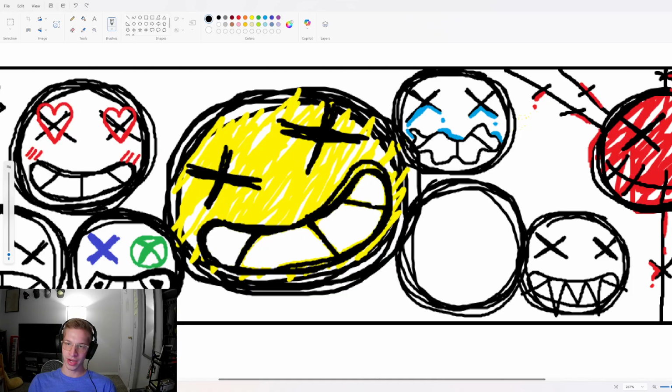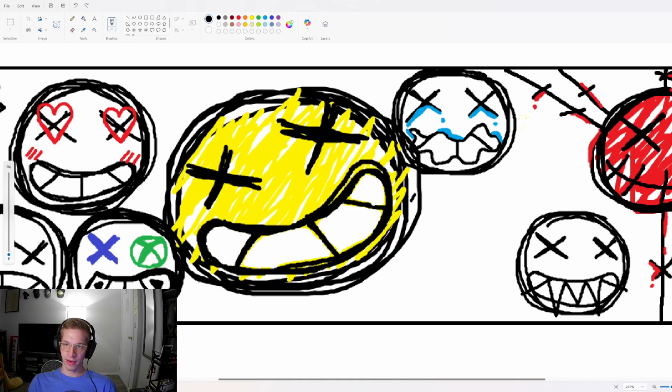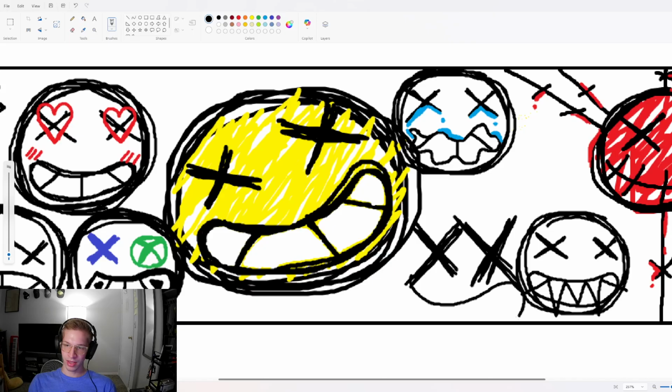I feel like I'm making their heads too thick. I've noticed as I kept drawing them, I would make their eyes a lot bigger and their mouths a lot bigger and their heads a lot thicker. I think I'm going to draw Jumbo. He is exactly what he sounds like. He's not gonna fit.